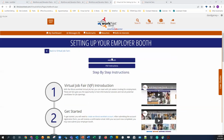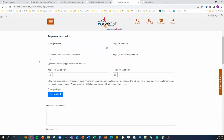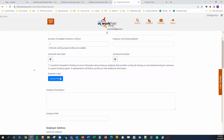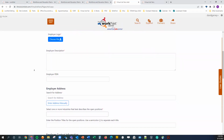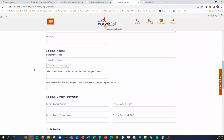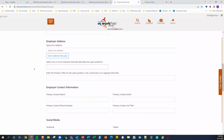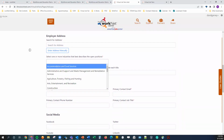And if we scroll back to the top here, we'll see this add booth button. We do have instructions here, PDF instructions, but the add booth button just shows the information that they're required to enter. All basic information: the employer name, website, number of positions, a date range for when they want to display their booth, a logo, a description. The FEIN is optional, but that is included there if they'd like to add that. An address of the employer,